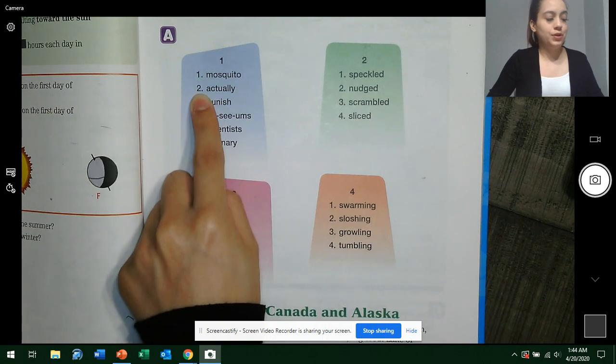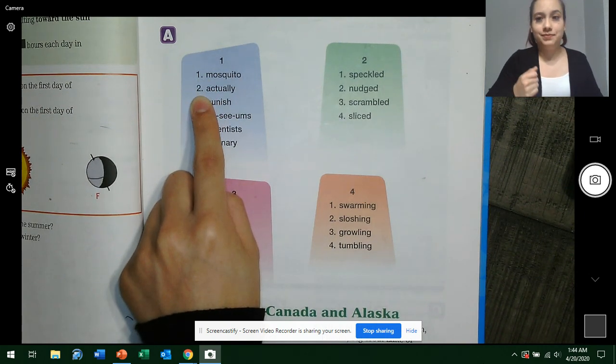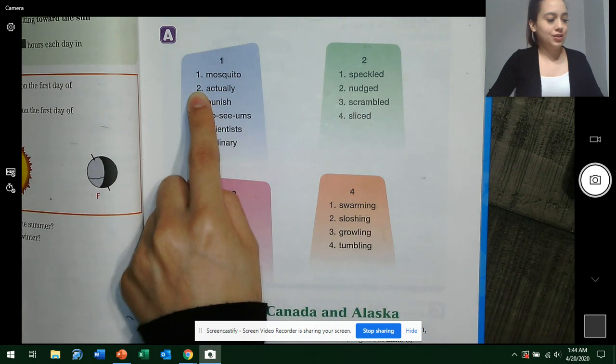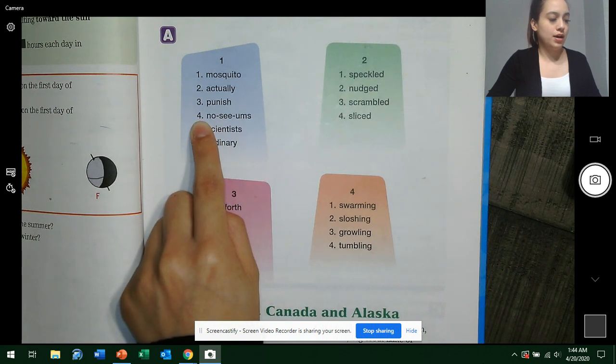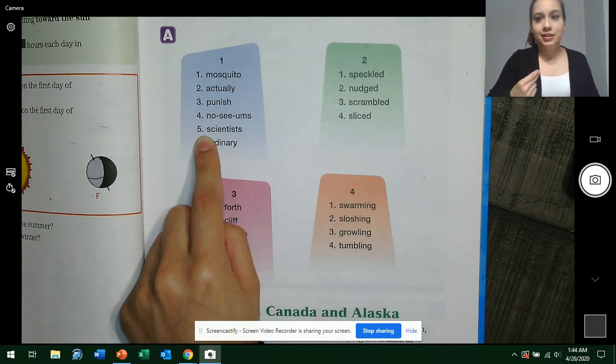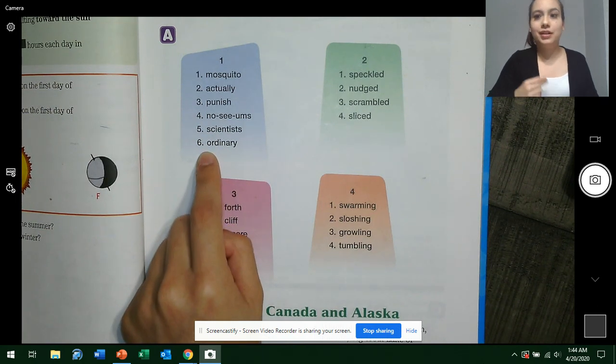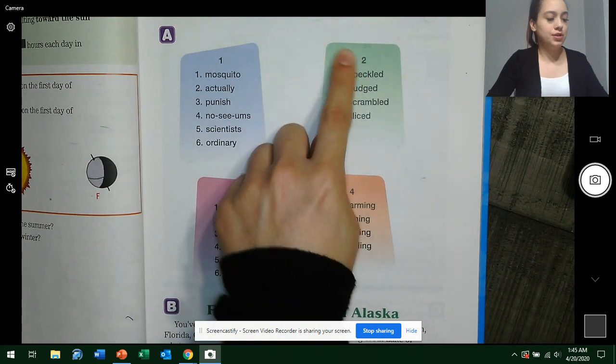Yes, mosquitoes. Word 2. Get ready. Yes, actually. Word 3. Get ready. Yes, punish. Word 4. What word? Yes, no see ums. Word 5, what word? Scientist. Word 6, what word? Ordinary. Very good.